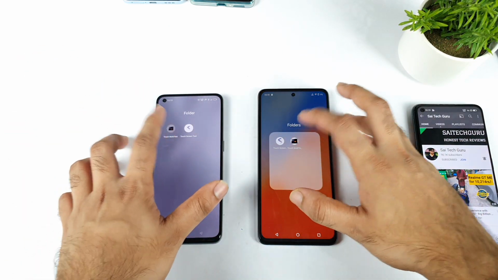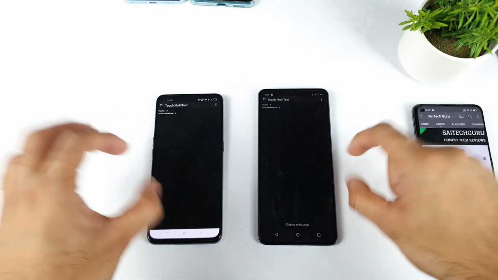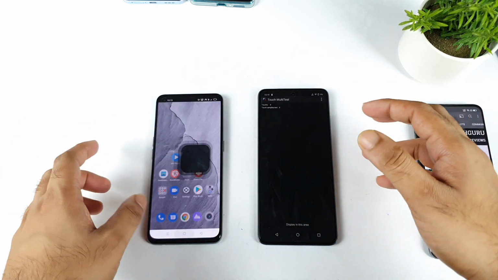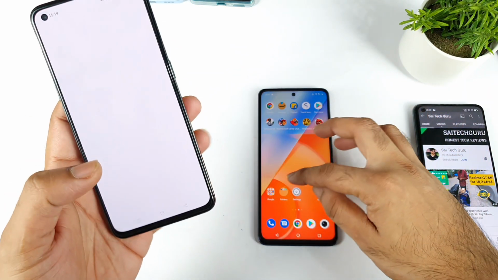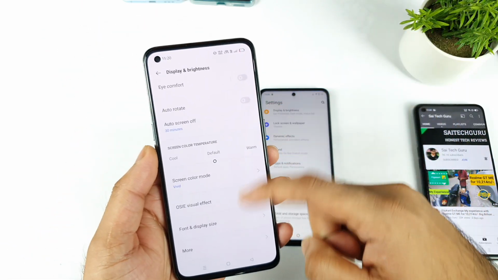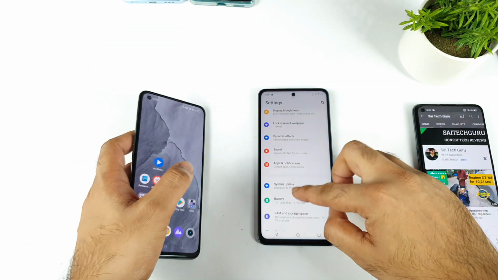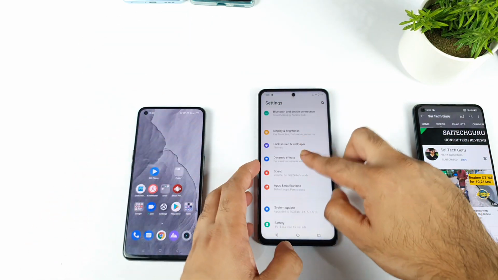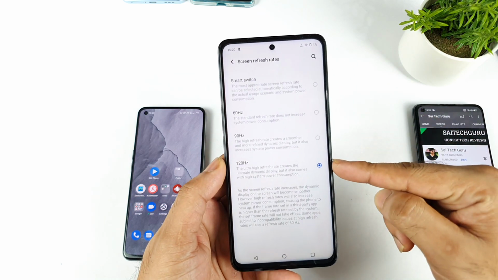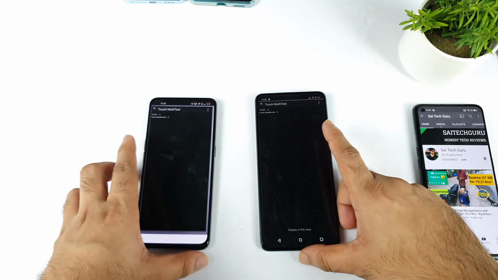To test this touch sampling rate, we have an application installed on this device, which is Touch Multi-test. During this process, we need to use the higher refresh rate, which I can show you in the settings first, because that's another main point. Whenever you do this kind of touch sampling rate test, you should know which refresh rate you are selecting, which is high. It's not in auto mode. Let's go to the display settings of this iQOO Z5. As you can see, it is set to 120 Hz, which is perfect. Now let's open the application which I'm going to test.